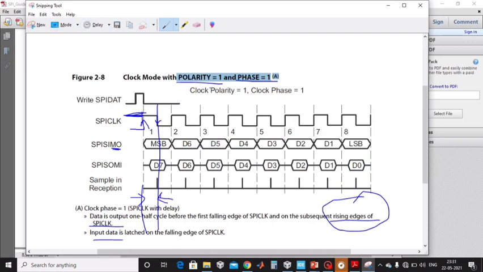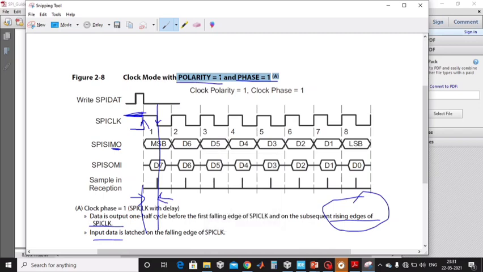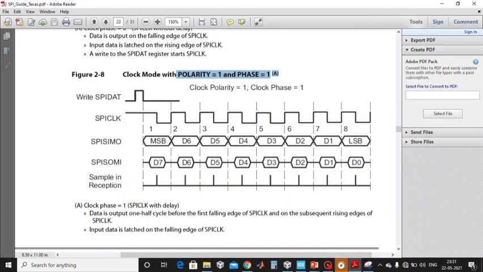So now I will guide you about some practical aspects of SPI communication. As I have told you, there is no specific data frame in SPI communication. So what does a programmer need to take care of when dealing with a device which has SPI communication? All we need to take care of is that first we need to read the data sheet. From the data sheet, two things are important to get. First thing is the SPI clock and second one is the polarity and phase of the device with which we are communicating.